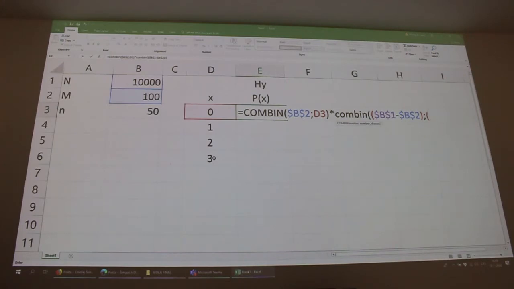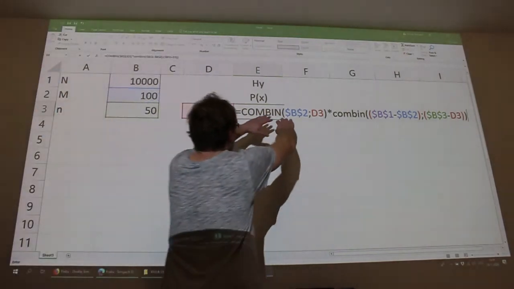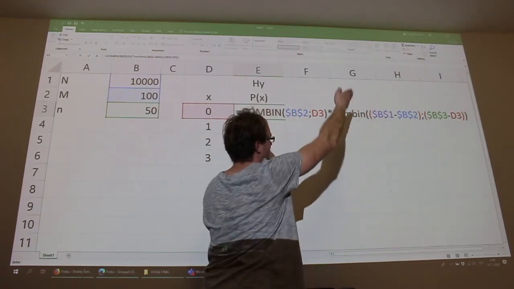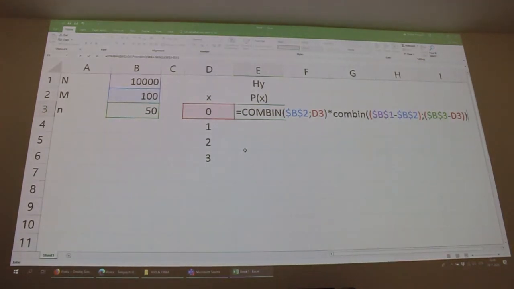This is above small n minus small x, so 50, use function 4 because this is a parameter, minus small x, x is variable, yes, close parenthesis and close parenthesis one more time, yes, okay, so first combination number, yes, times second combination number divided by third combination number, yes, so right here division and again combine, open